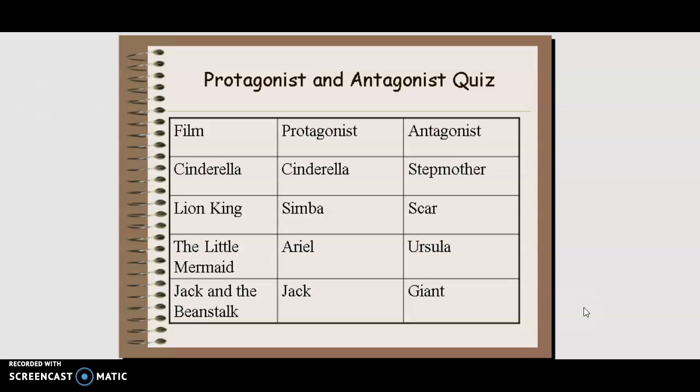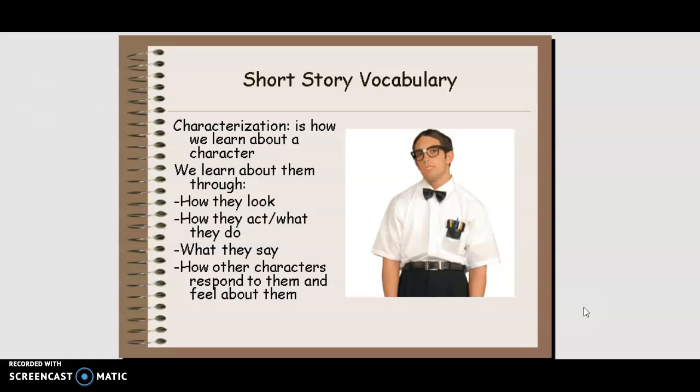Those are the answers. Cinderella, the stepmother. Simba, Scar. Ariel, Ursula. Jack and the giant. Okay,